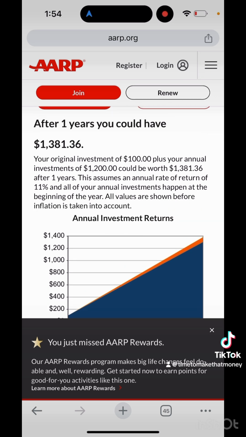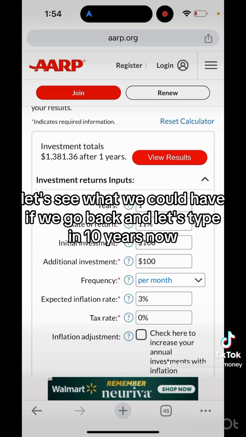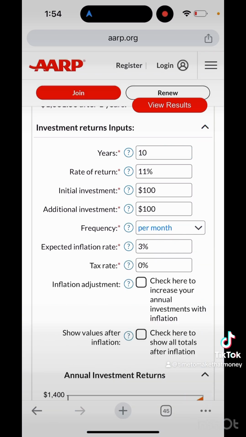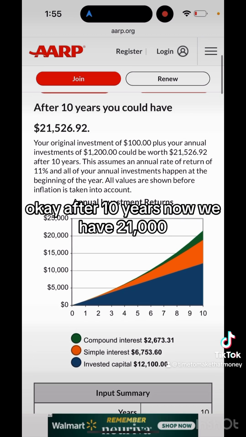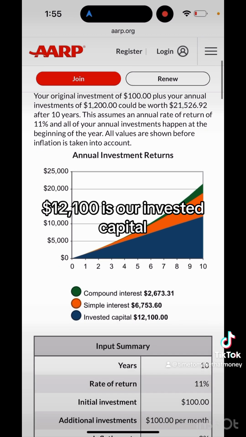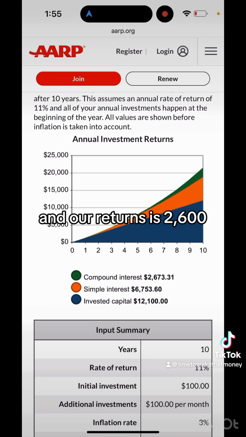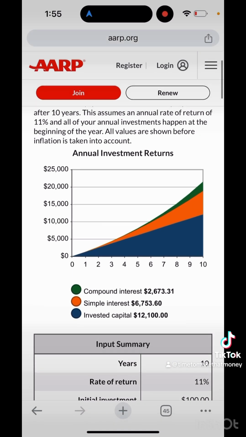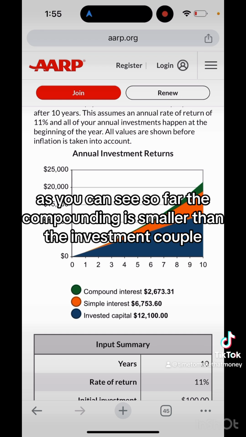Now, let's see what we could have if we go back and let's type in 10 years now. Okay, after 10 years, now we have $21,000. $12,100 is our invested capital. And our returns is $2,600. That is how much is compounding, right? Now, as you can see so far, the compounding is smaller than the investment capital, but that's going to change